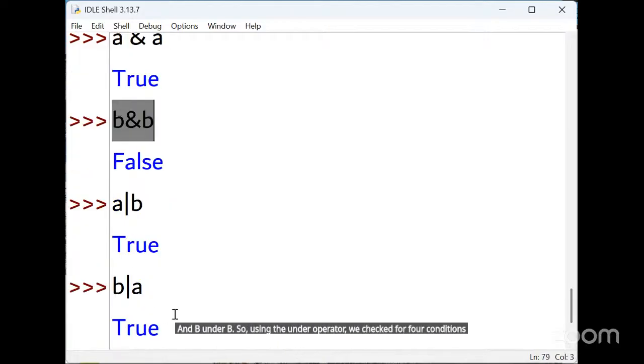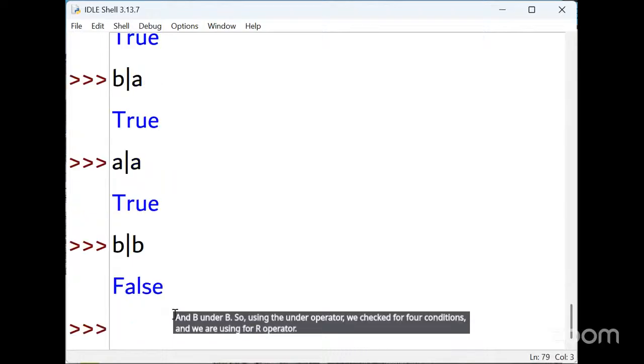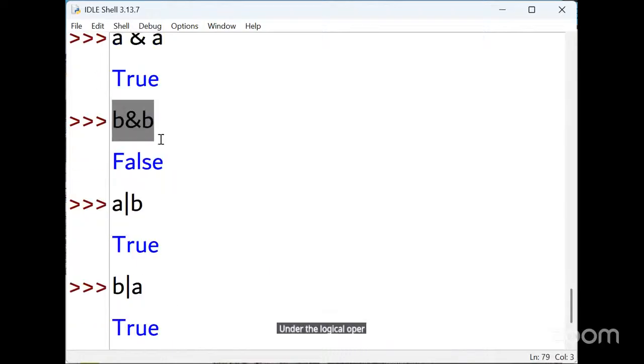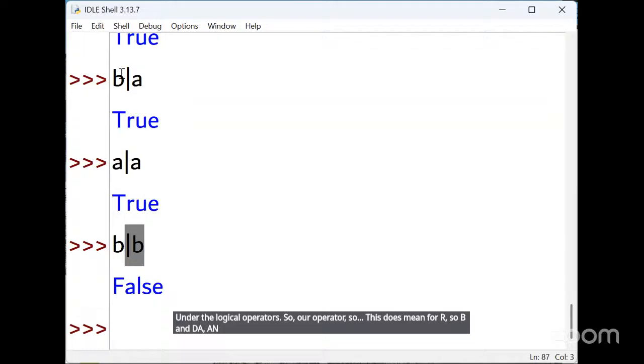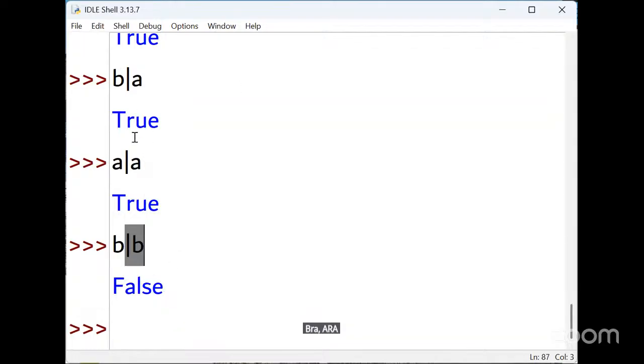And we used the OR operator under the logical operators. So A or B, B or A, A or A, and B or B. So these are all for the OR operator. That's all about operators.